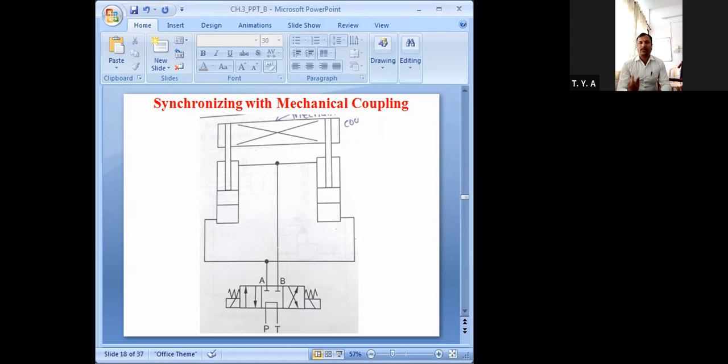Here we need to connect two. In this diagram, I have shown the two parallel cylinders, and they are connected to this common direction control valve. This is a common direction control valve. Okay, here we will need motion of these two cylinders simultaneously. Due to that only, both the cylinders are connected parallelly to this common direction control valve, and here a 4x3 direction control valve is used. Getting it?